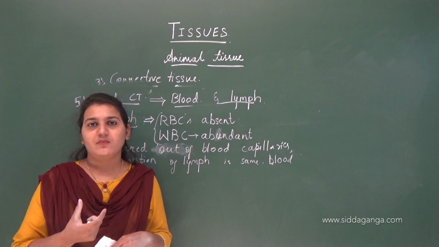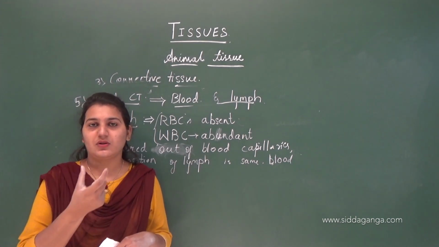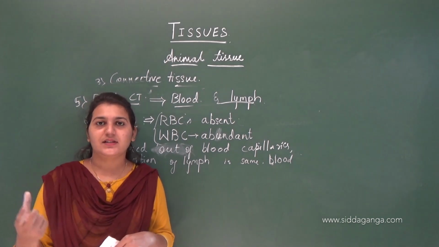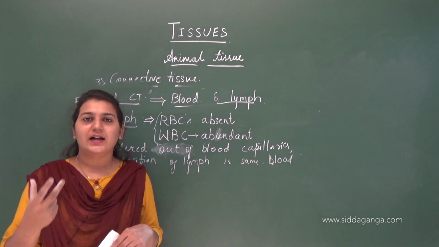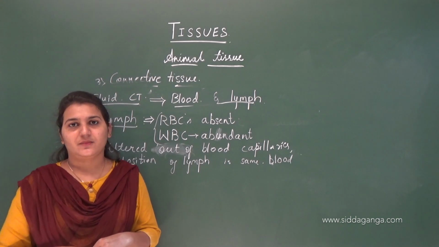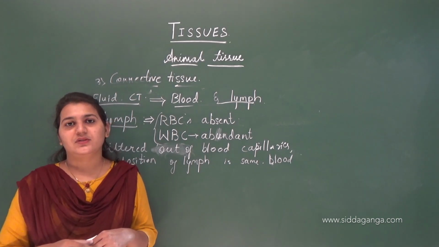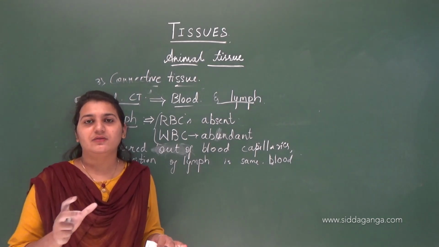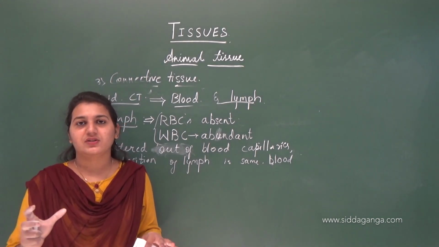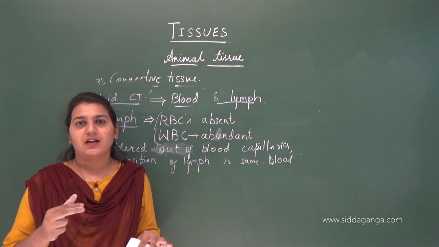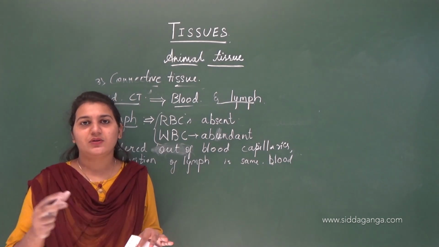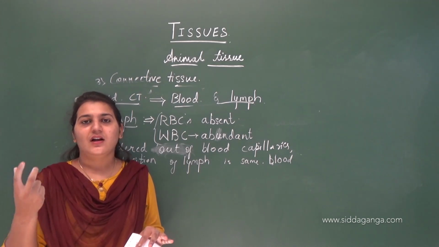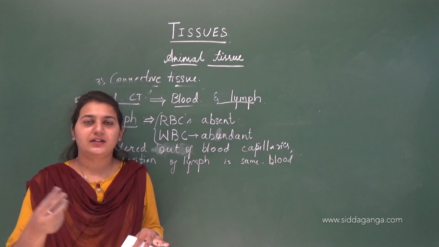Tendons connect muscle to bone, and they are not flexible in nature, whereas ligaments connect bone to bone and they are highly flexible in nature. And about adipose tissue, it is a very simple connective tissue, meant for storing fat. The major function is storage of fats. They have fat cells, that means adipocytes, in which these cells are filled with fat globules.